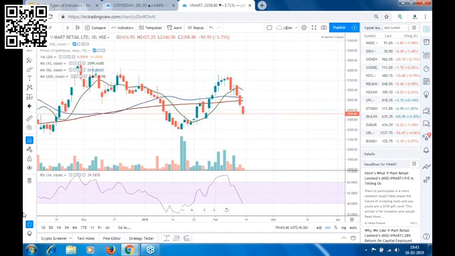and we gave target up till 2730 to 2735. And then you can see how the 10 moving average also crossed your 200 period moving average and your 50 period moving average. And see, in no time, say in 1, 2, 3 days, our targets were hit. We gave 2 or 3 targets, and all 3 targets were hit. Our last target was 2730 to 2735, and it made a high of 2755. So this one you can say is your trade from support, because now the stock is above 200 moving average.